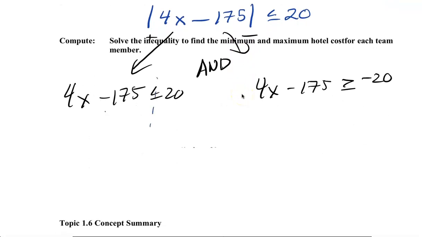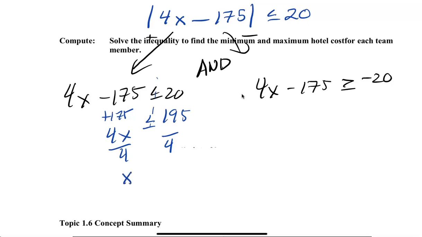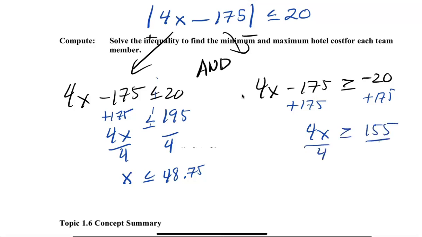We're going to add 175 to both sides, and I get 195. 4x is less than or equal to 195. Divide by 4, and we're going to have x is less than or equal to 48.75. Over here, we're going to add 175 to both sides. 4x is greater than or equal to 155. Divided by 4, and then x is greater than or equal to